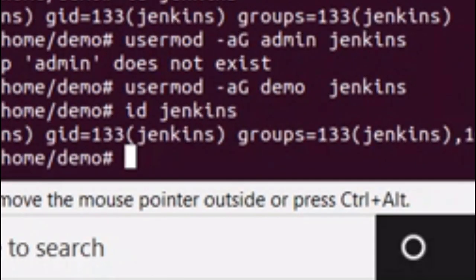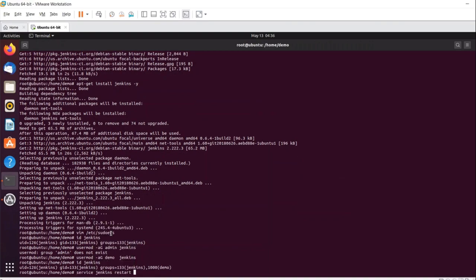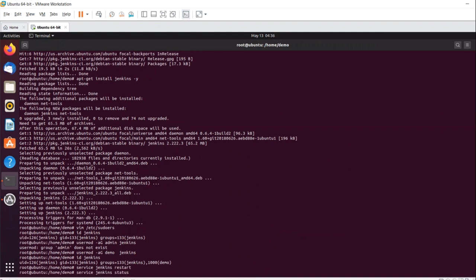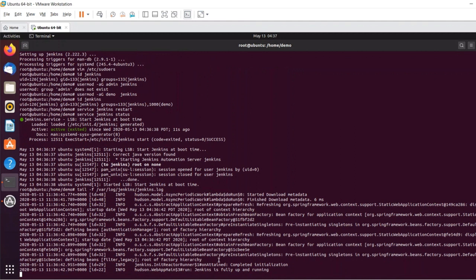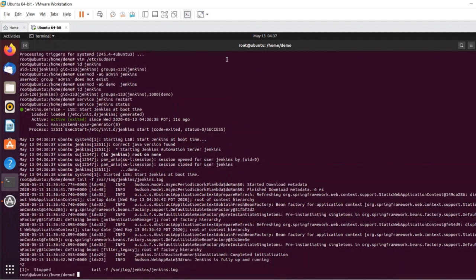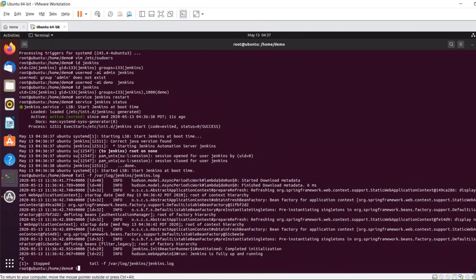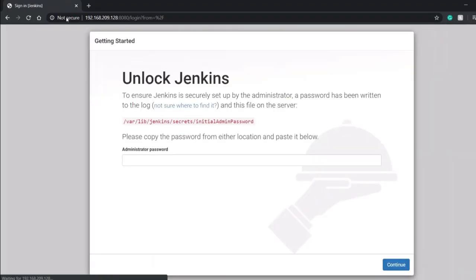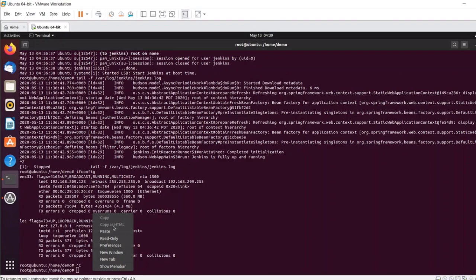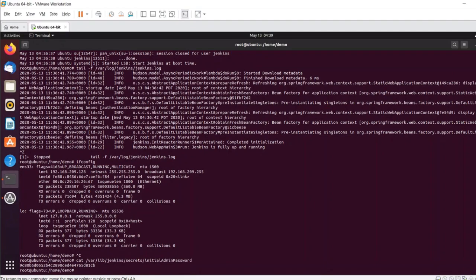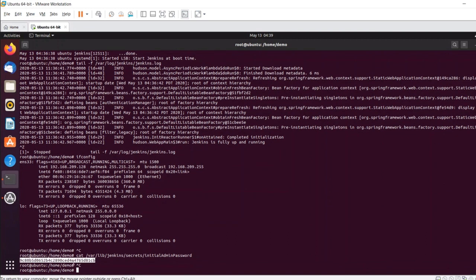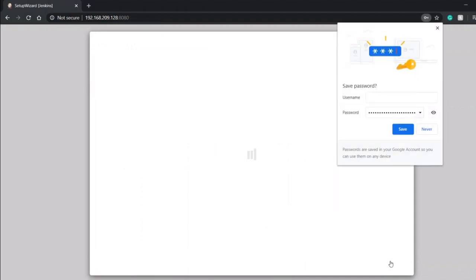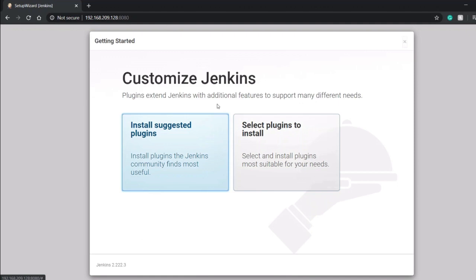Let me start it by saying service Jenkins restart and then service Jenkins status. This will show my status, that is active. Tail is a command line utility for outputting the last part of a file given via standard output. To copy my IP address, I'll say ifconfig and I'll copy the IP address and paste it in a browser. And to get the password, I have to copy this /var/lib. I have to concatenate so that I'll get my password, and then copy the password and paste it in your browser. So I'll just save it, and now I got access to use Jenkins.